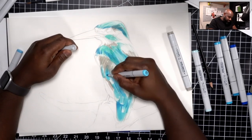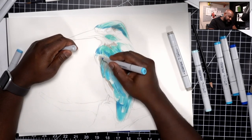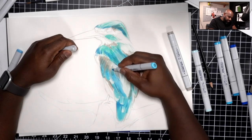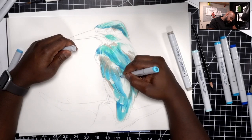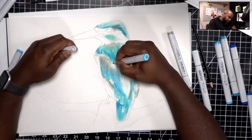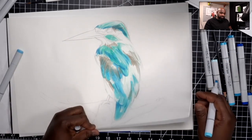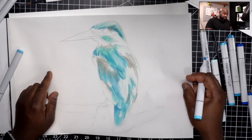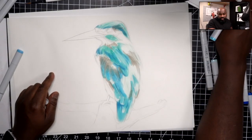Alright, so with Copics, the blending is really nice, works really well, and it's fairly easy if you apply the right technique and the right paper. So again, I'm using vellum today. It's a little bit translucent,